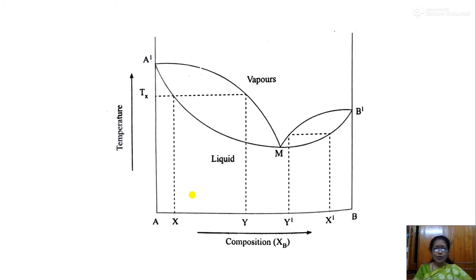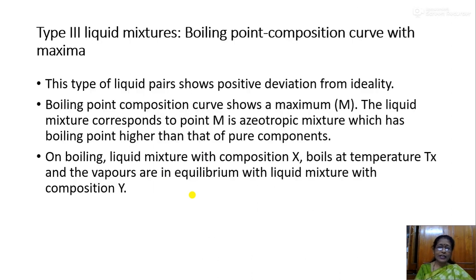Here A and B are the two terminals. A is one liquid, B is another liquid, and B dash is the boiling temperature. A dash is the boiling temperature of the component A, and Tx is the temperature, and here the vapor is on the upper side, the lower side will be liquid, and M is the minima. This is where there is a change in the ideality. For the ideal solution, the components can be separated through fractional distillation. For non-ideal solution, any one of the components can be separated. The other will be in the residual form. It can be collected.